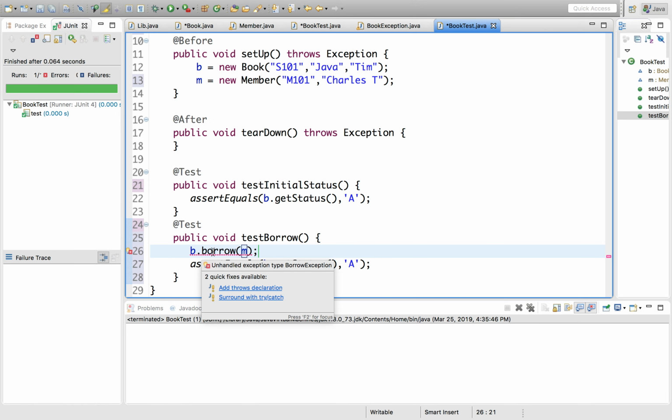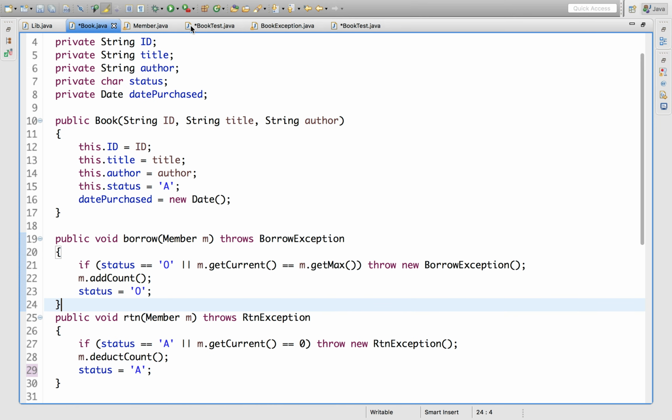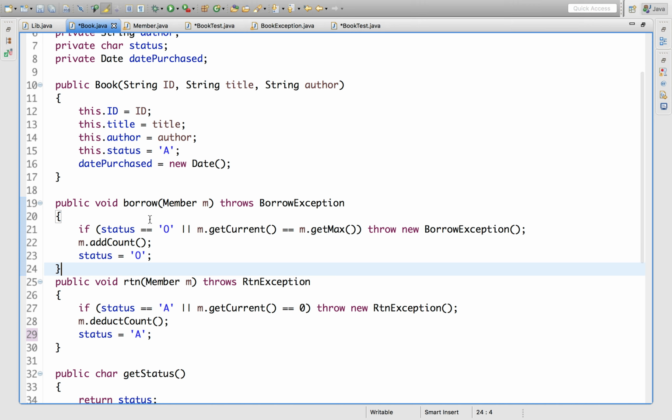the borrow. I believe borrow only takes one argument. Let me see why it's complaining. Yes, okay, so now if you look at the borrow method, this is one thing you need to be aware of. What exception can the borrow method throw? It can throw a borrow exception, right? So what it means is,